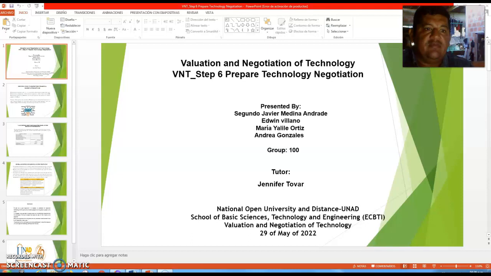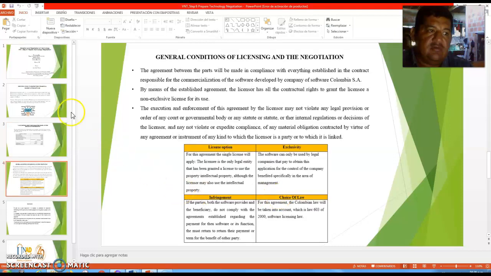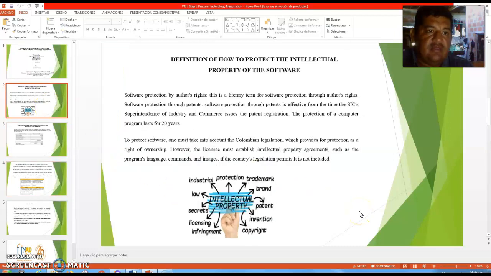Step 6. Prepare negotiation technology. Definition of how to protect the intellectual property of the software. Software project by author rights is a legal term for software protection. So, author rights software protection to patents. Software protection from patents effective from the